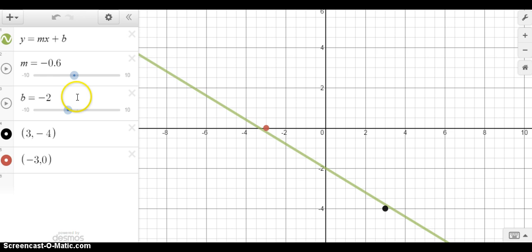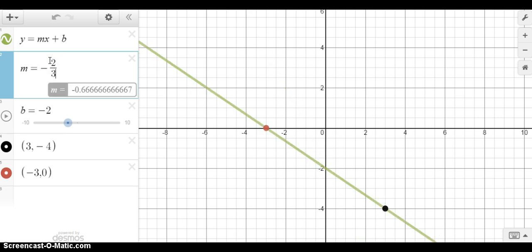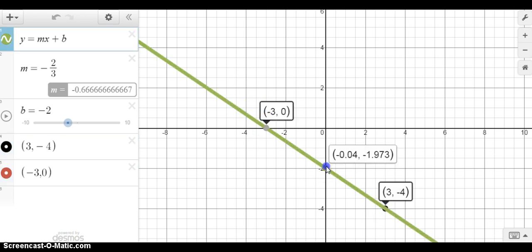Well, okay, -2 looks pretty good for a y-intercept. Let's see if I can just put in -2/3. Oh, hey, look at that, right? If I put in -2/3 for a slope, and if I put in -2 for a y-intercept, look at this green line. It passes right through those 2 points, that -3, 0, and that 3, -4 point that I had before, right? Got the y-intercept right there of -2. So it turns out that that makes sense. When I have the slope of -2/3 and a y-intercept of -2, then the line passes through the 2 points